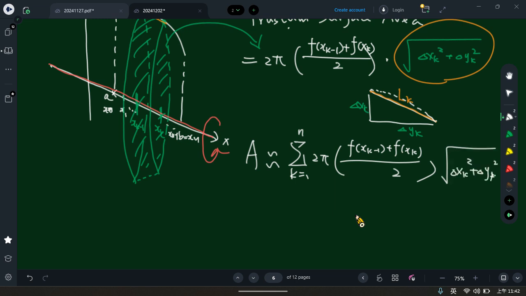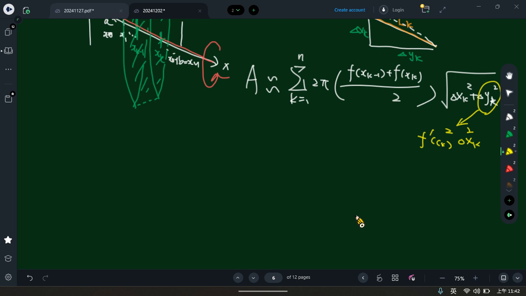But this time we already know this part can be converted as f prime c_k squared delta s_k squared, right? By using the mean value theorem, right? We can just replace delta y_k with delta s_k, so that for the whole equation, we can just focus on delta s_k instead of focusing on delta s_k and also delta y_k at the same time. So we can just use the mean value theorem, just like the previous one,